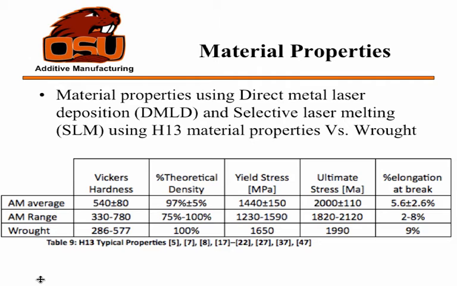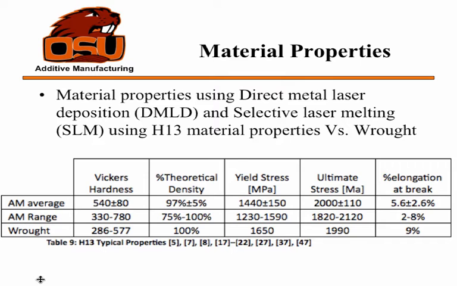But the theoretical density is kind of where the AM comes into play, especially with H13. You can get very close. There are a few different processing techniques that will get you higher theoretical densities, which we'll talk about later. So he actually got all this information from all those sources, that's what it says in Table 9. Basically he did all the work and formed this table,